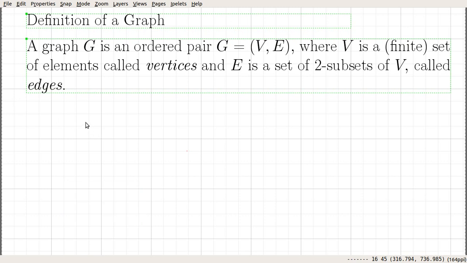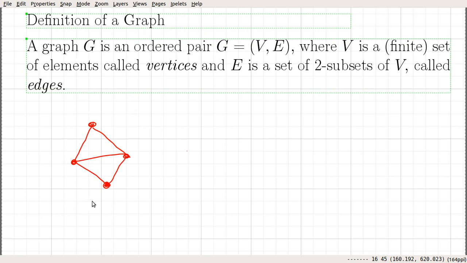In this video, I would like to go over some basic definitions in graph theory. So let me give the formal definition of what a graph is. Before going to the definition, let me start with an example. I consider this simple graph. As a graph, it consists of a set of dots connected by lines. Using this example, let me formally define what a graph is.